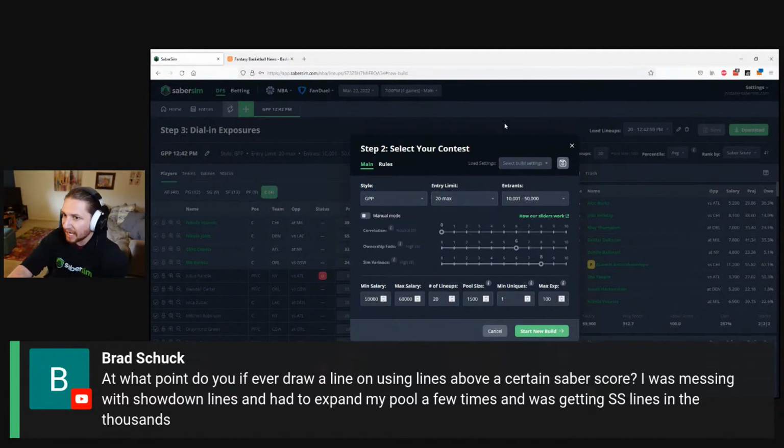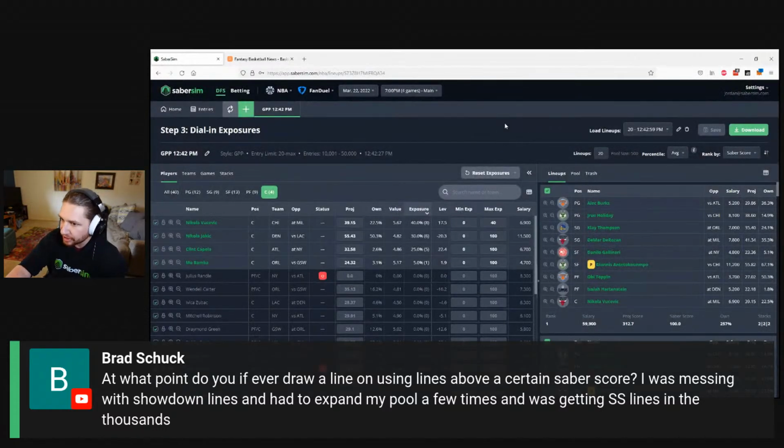And that's not because at that point, the SaberScore goes under 85 or goes under 75 or goes under 70. It is just because of the absolute number of lineups. As somebody that is at max probably playing 150 unique lineups in any given slate, there's not really any reason where I feel like I need to exceed the best 1,500 to get those. And if I do, I'm probably doing too much in my exposures. So I think about it that way, less so about the absolute value of the SaberScore itself.